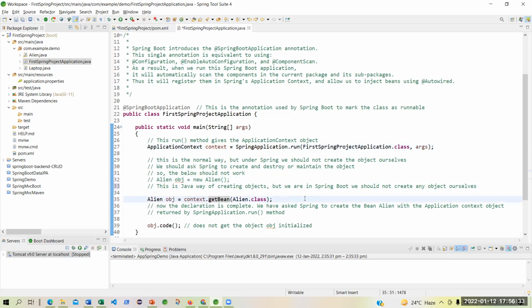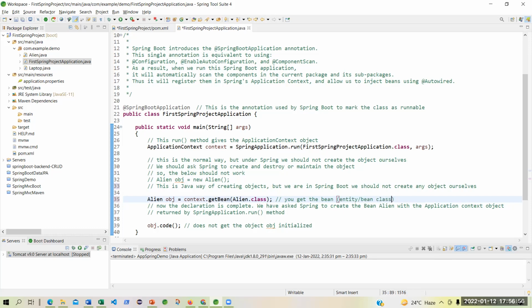That is the difference. You get the bean. Bean is an entity class or bean class.